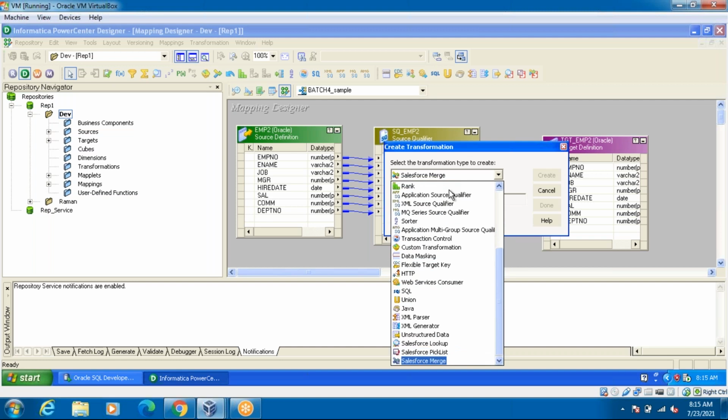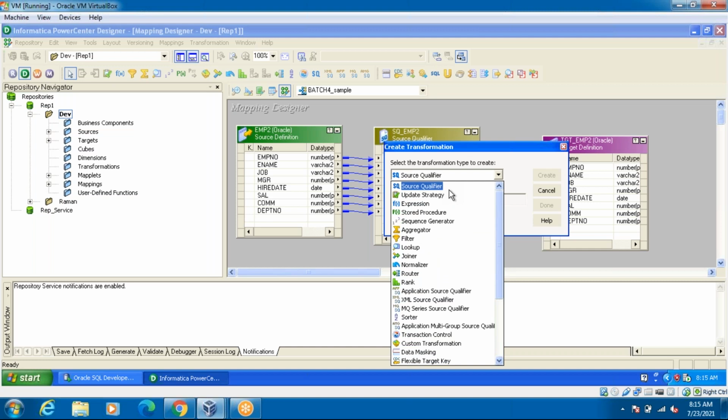Yeah, almost 32 are there, guys. Here the 32 transformations are there. Okay, maybe in the later versions, maybe now it will be 10 point something, it could be updated also. Okay, this is the 8.6 version I am using. So here almost 32 transformations are there.